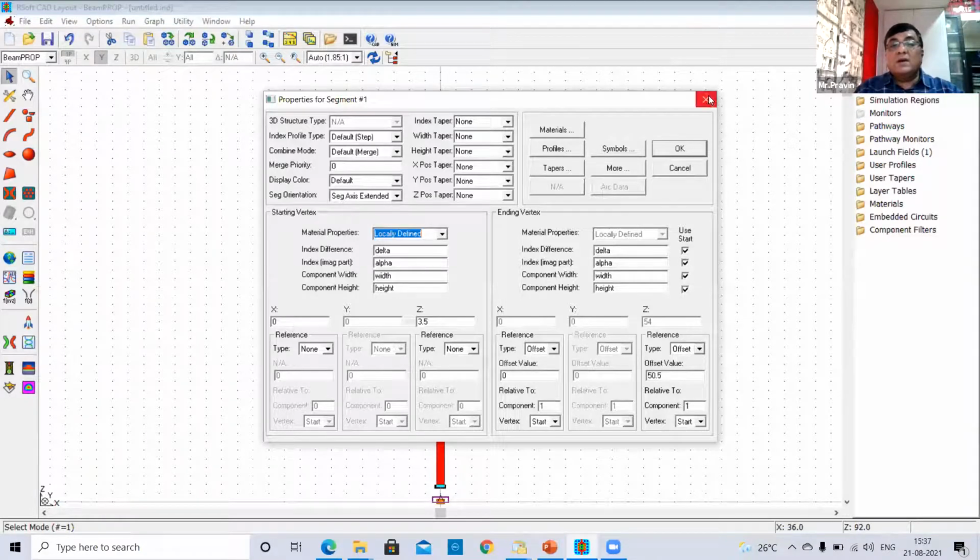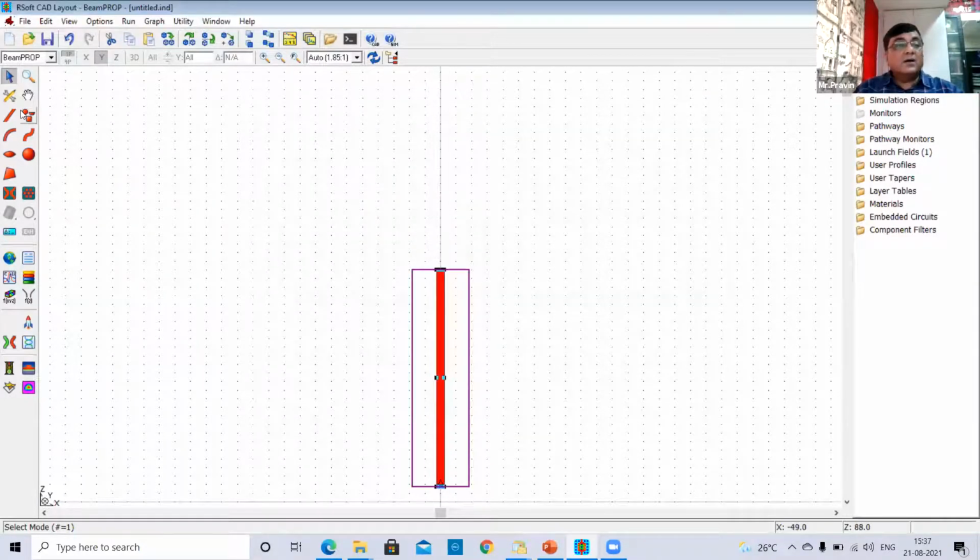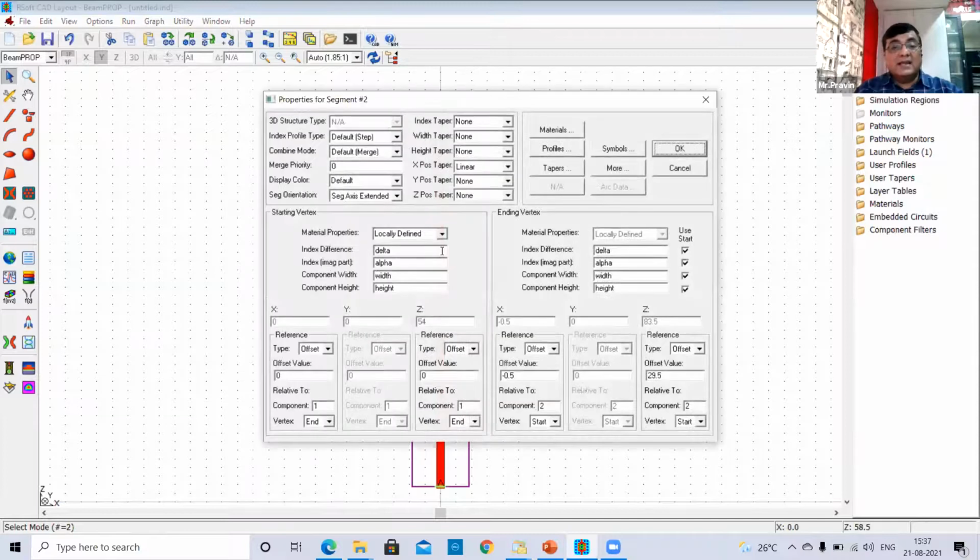Now, when you have multiple segments, say for example, if I am drawing another segment, for this segment I want to make sure that between these two segments there should not be any air gap. Where one material ends, the second segment should start.